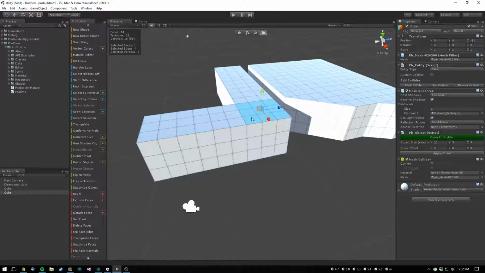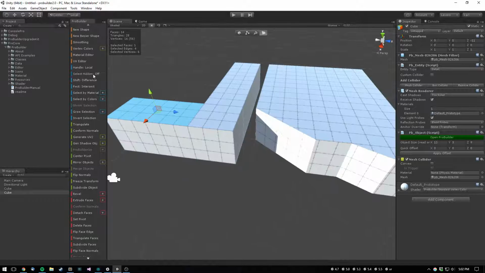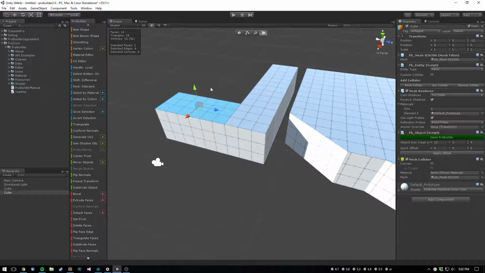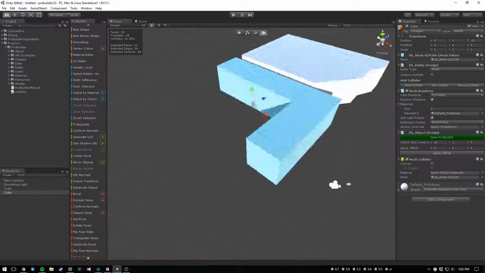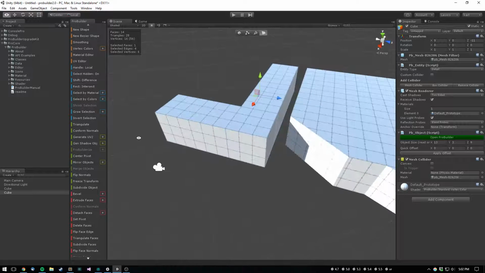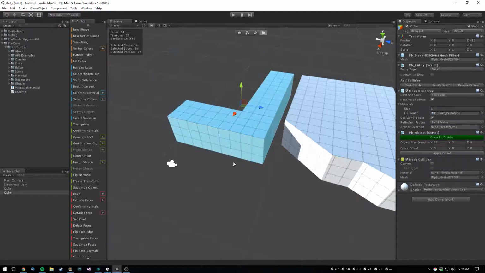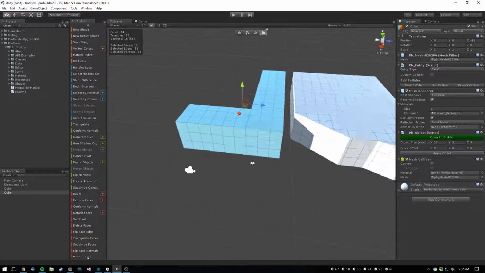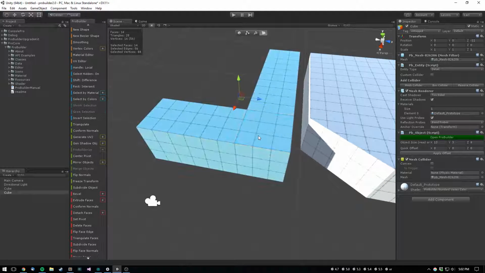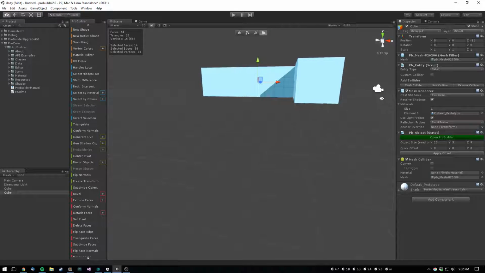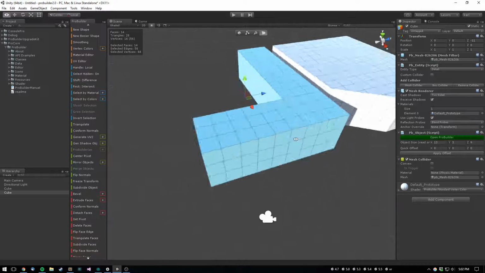So I'm going to select these faces, all of them, by double clicking. You could also, with select hidden off, swap that to on, so we can select faces that are hidden from us. So when I say hidden, I mean these guys back here that we can't see from this camera angle. Just drag select the whole object, or double click. The ends are the same. Anyways,